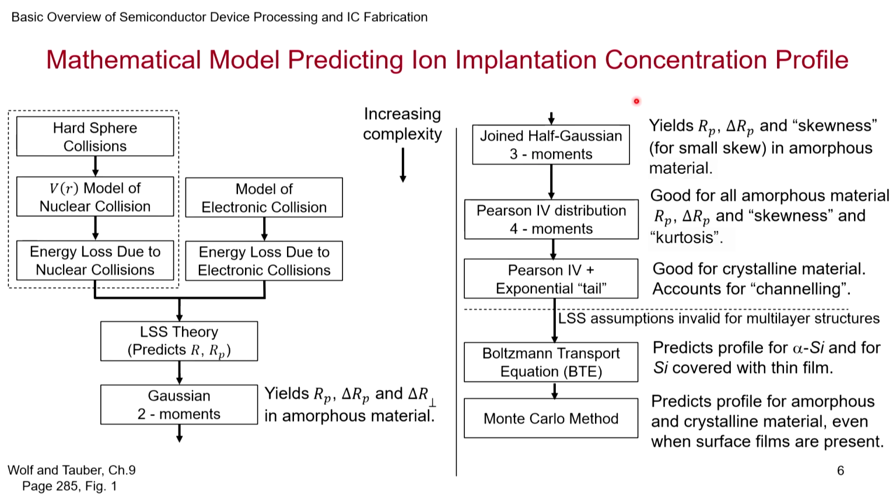The skew is captured. This can be captured in a couple of ways. You can either invoke skew directly, or you can use 2 Gaussians. There is one for the initial part and one for the later part, and that is one way of modeling it. And this actually works, it captures quite a bit of the actual profile for amorphous material. But if you want to get a little bit more sophisticated model, you can go for the 4th moment as well. The kurtosis, or the 4th moment, also you invoke. So, you have 4 parameters with which you are trying to model it, and this is good for all amorphous material, and the skewness and the kurtosis both are captured.